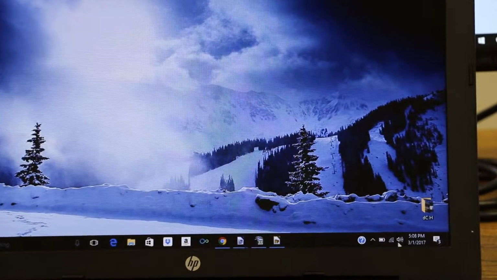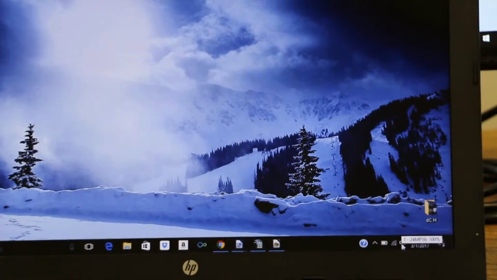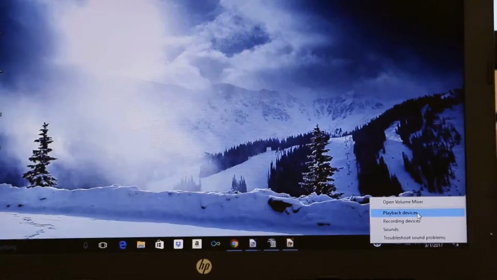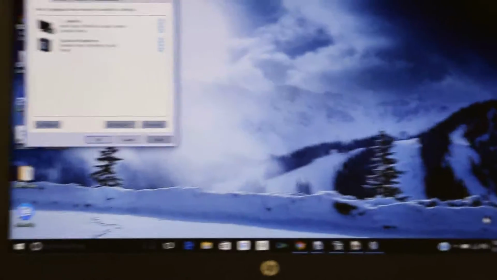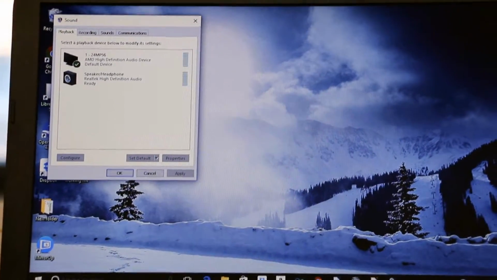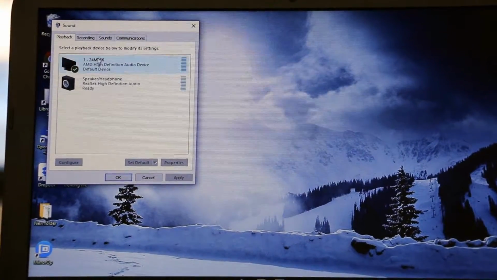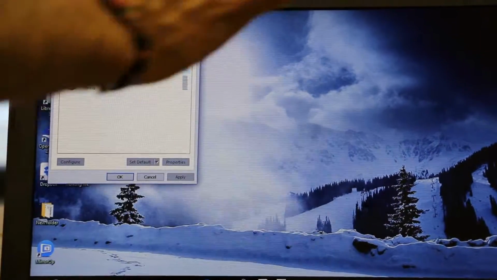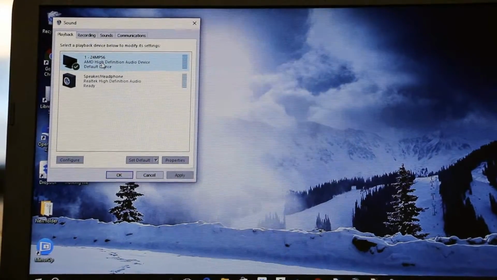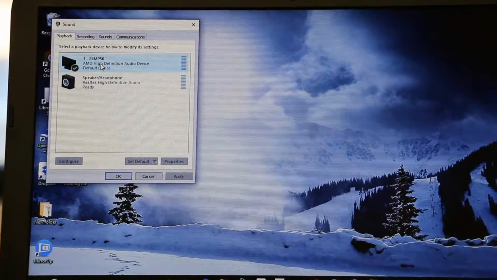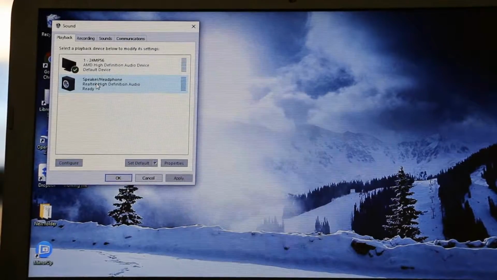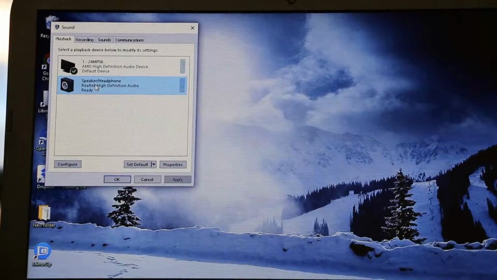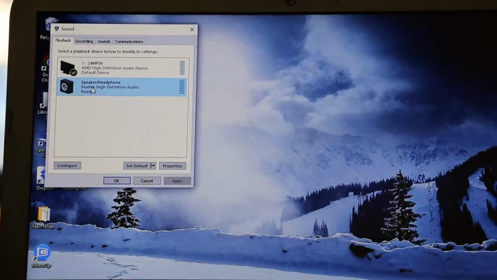I'm going to go to my little sound thing, and I'm going to right click on that option. I'm going to go back to playback devices. And if you don't see it there, you can go into your control panel and find your playback devices, and you can see that it is selected on this device, which is the other screen, so it's sending all the audio down this cable to that screen. If I wanted to play on the speakers of this or the headphone jack, I can select this. This is what I want it to do, and